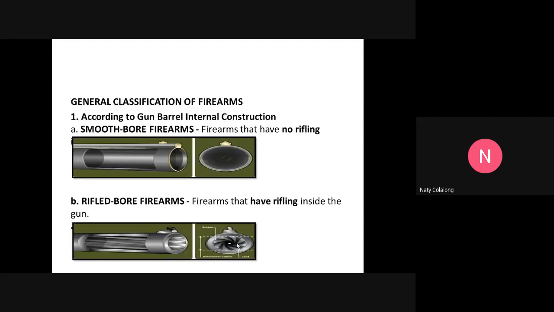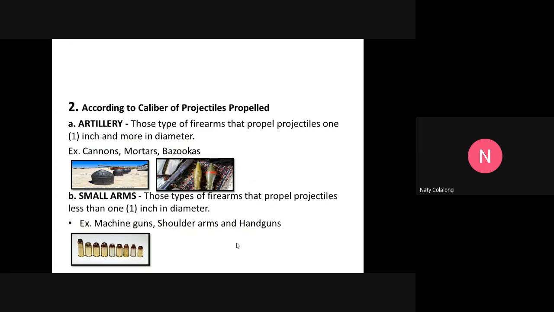And then classification of firearms according to caliber or projectiles propelled. Yung naipropel sa particular firearm. We have the artillery, those type of firearms that propel projectiles 1 inch and more in diameter. So, ang example nito, cannons, mortars, and bazookas. Okay? Yun po yung mga